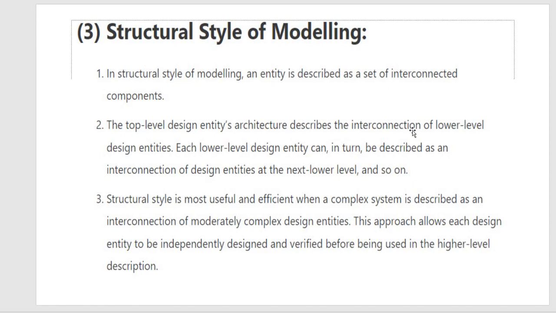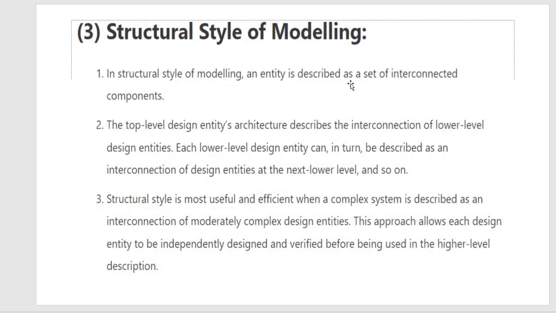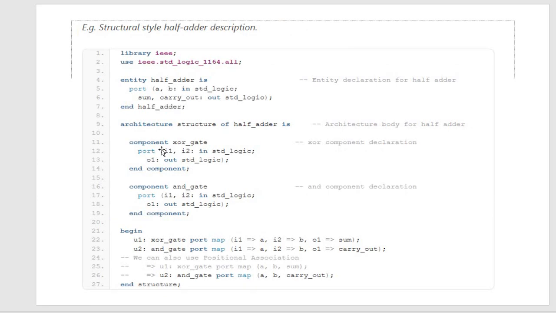Whatever these statements are actually reflecting theoretically, the same thing you can see here in the program, the same half adder program. In the half adder we have used one XOR gate and one AND gate. So whatever we mentioned in the description, that set of interconnected components, the same thing is done here. These are two components, one is the XOR gate, another one is the AND gate, and this is called the component instantiation part,